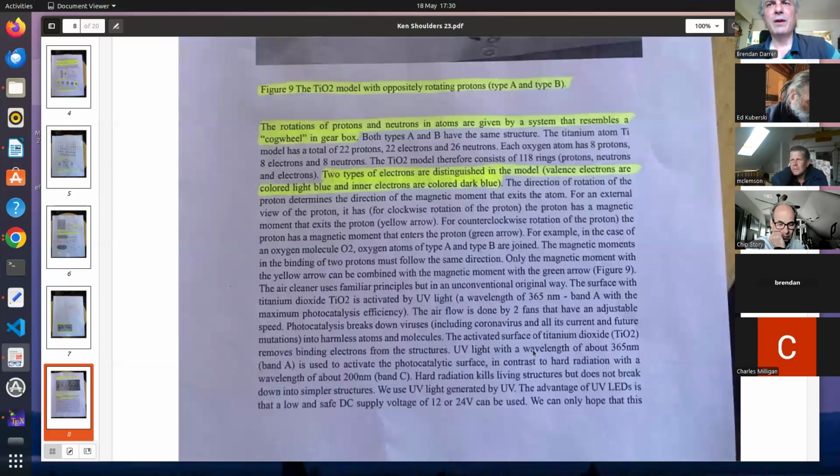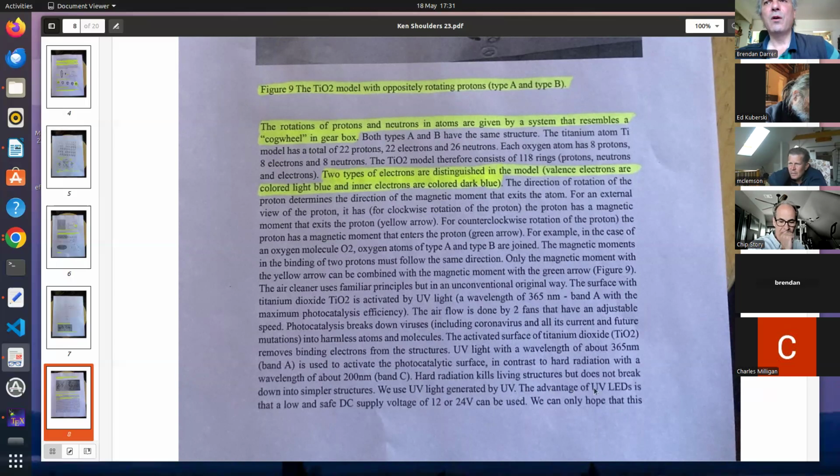Ultraviolet light with a wavelength of about 365 nanometers, band A, is used to activate the photocatalytic surface, in contrast to hard radiation with a wavelength of about 200 nanometers, band C. Hard radiation kills living structures, but does not break them down into simpler structures. We use ultraviolet light generated by